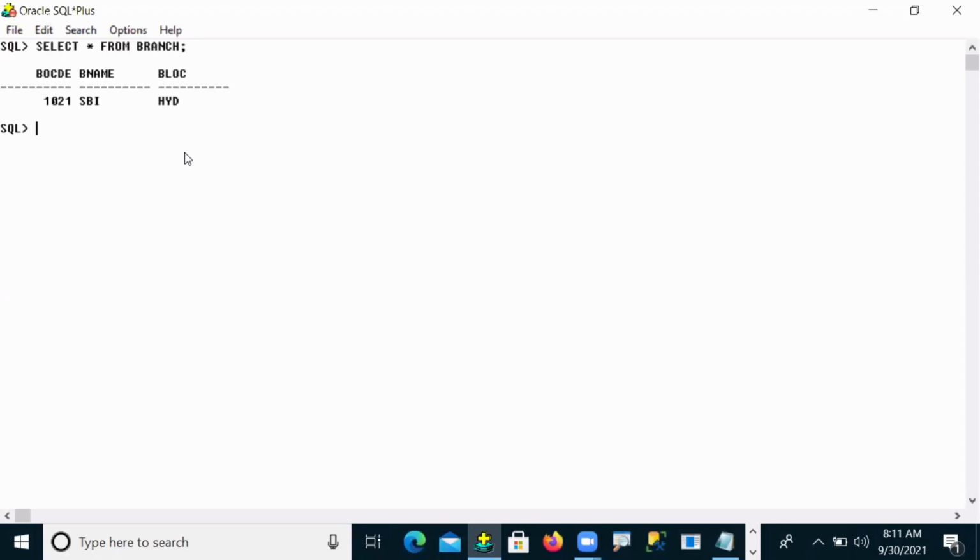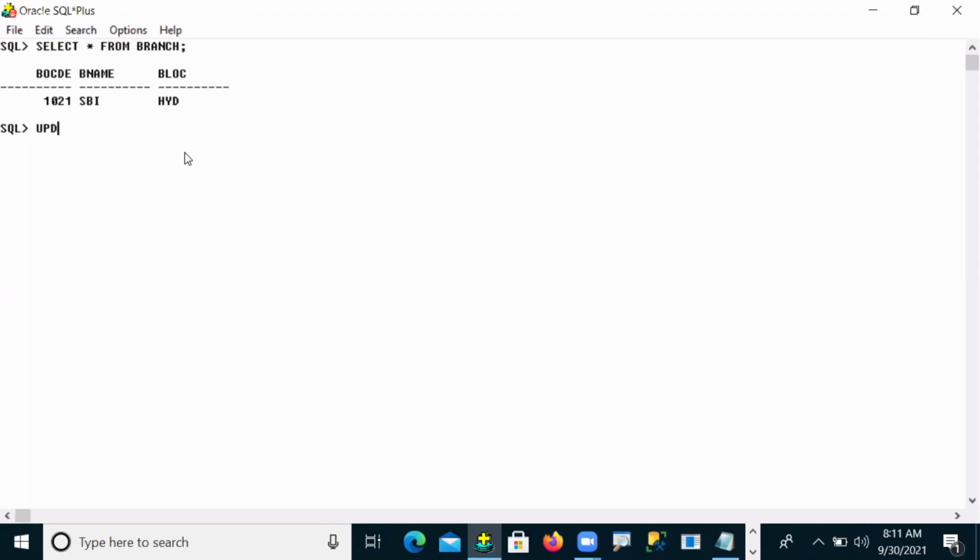Okay, so what do you want to say? The conclusion is that DML operations are temporary operations. When a user performs any DML operation on a table, those operations are performed temporarily. When we want to make them permanent operations, the user compulsorily has to use a command, and that command is called commit.